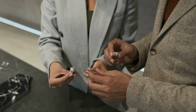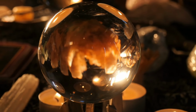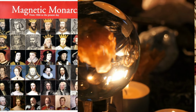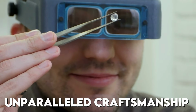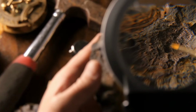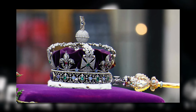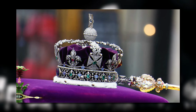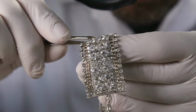This is more than just the story of a valuable stone. It is intertwined with the destinies of nations, the aspirations of monarchs and queens, and the unparalleled craftsmanship of jewelers, from its spectacular discovery in the heart of Africa to its transformation into the crown jewels of royalty. Kick back and relax as we reveal the mysteries of this unusual gem, which has captivated many for over a